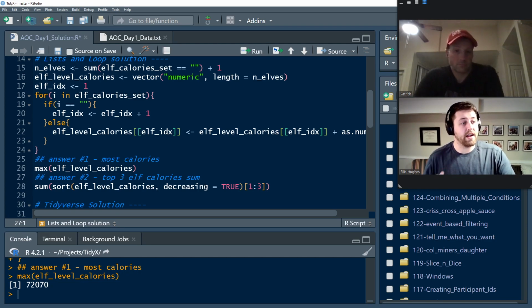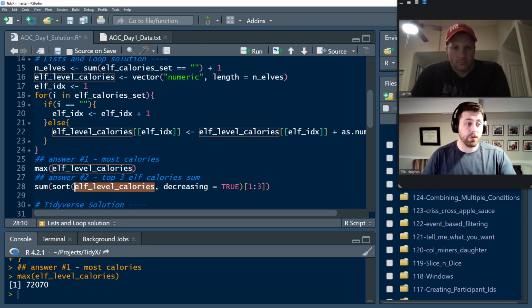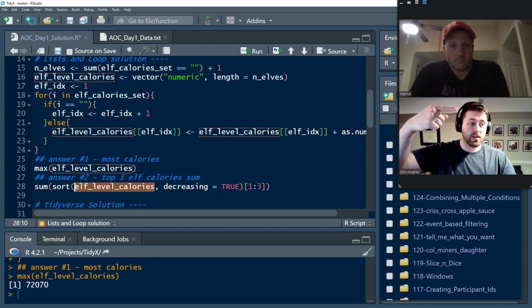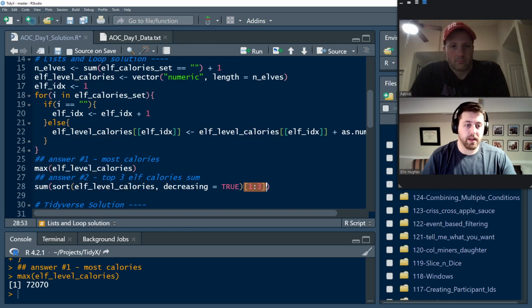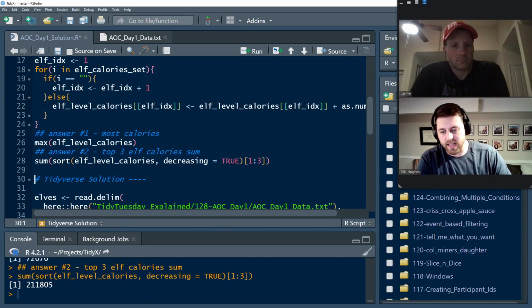What is the sum of their calories? So I'd use a sort function on that vector that I created, and I say decreasing equals true. That way it starts with the topmost and goes down. I pluck out the top 3, and then I call a sum on that, and that'll add all the calories together for me, in which case that answer is